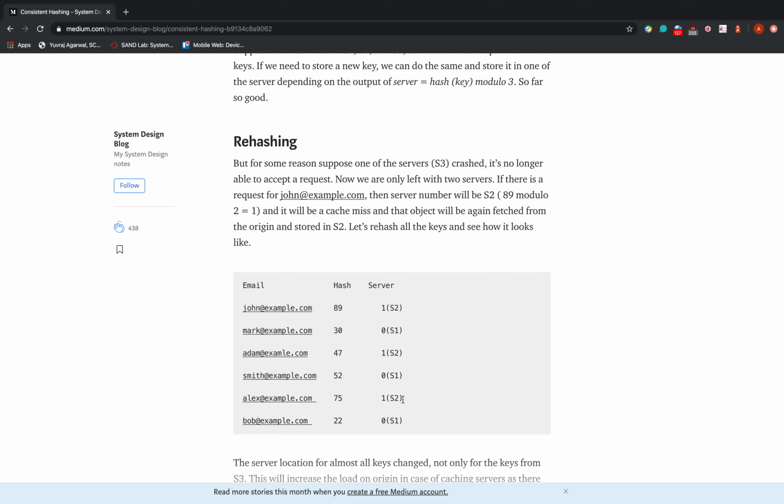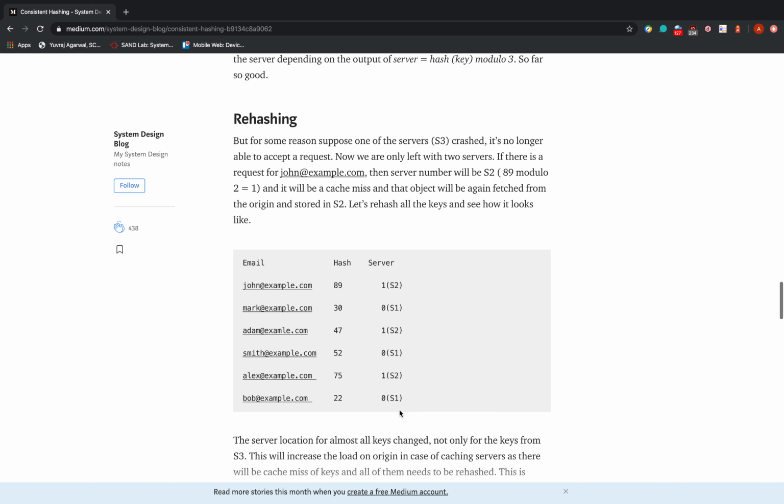In this particular example, whenever a node fails, or even when we want to add more nodes to the DHT, we'll have to rehash all our keys. If we have n keys, the cost would be in the order of n, right?